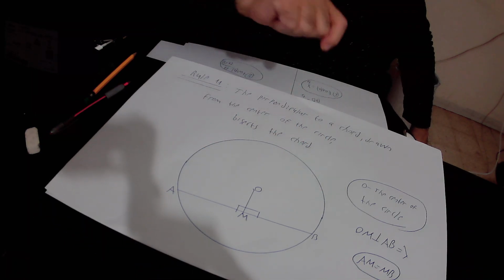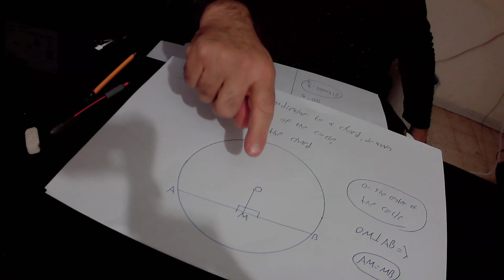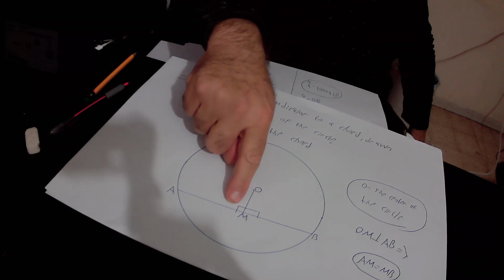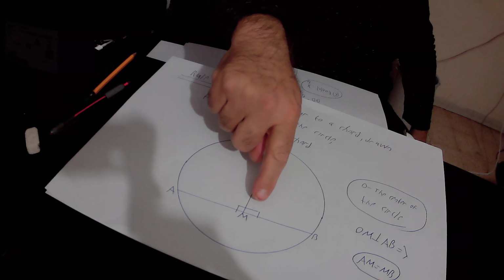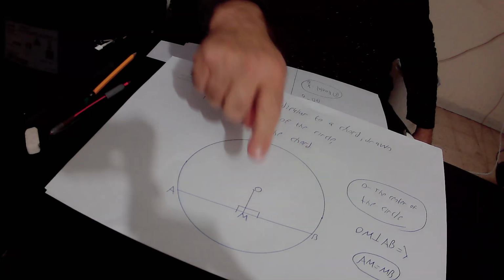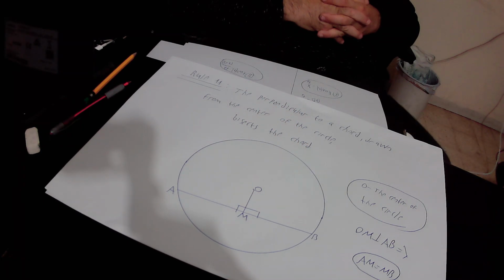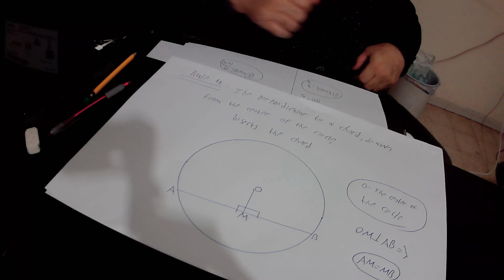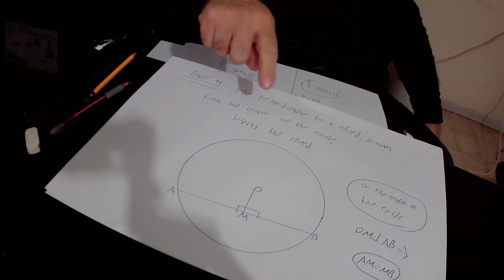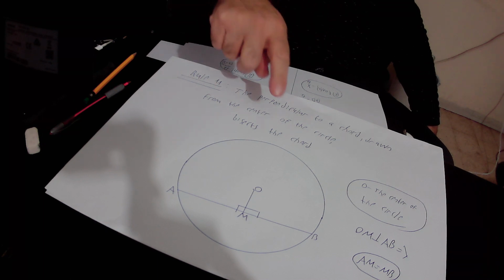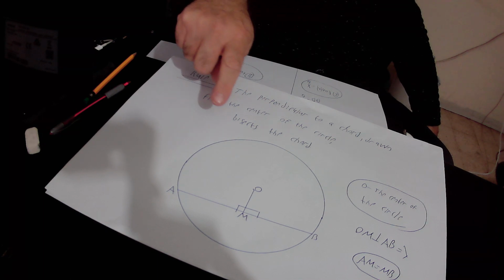From point O, we draw a perpendicular on AB. That is to say, this angle equals 90 degrees, and this angle equals 90 degrees according to our construction. Whenever we have a perpendicular drawn from the center of the circle, from point O, that is perpendicular to chord AB,